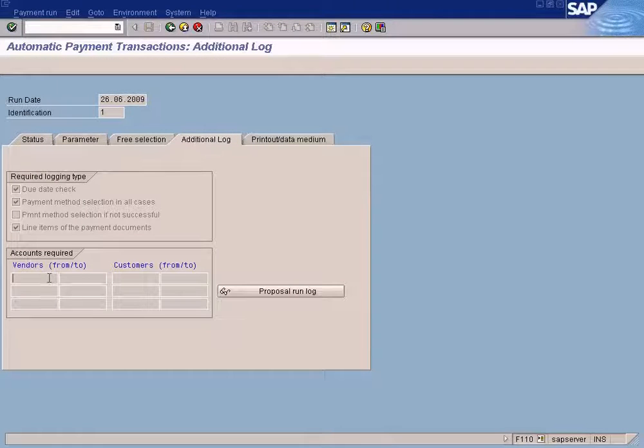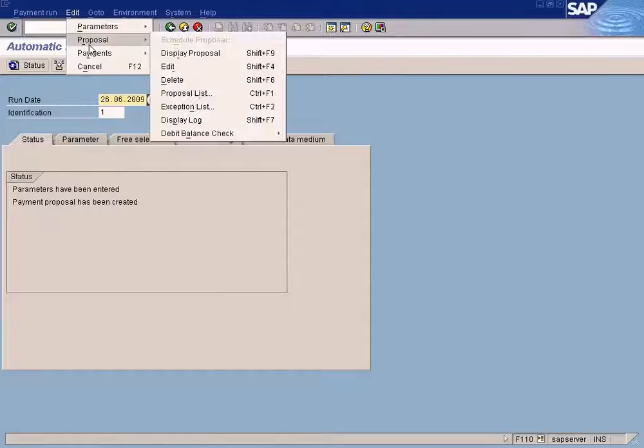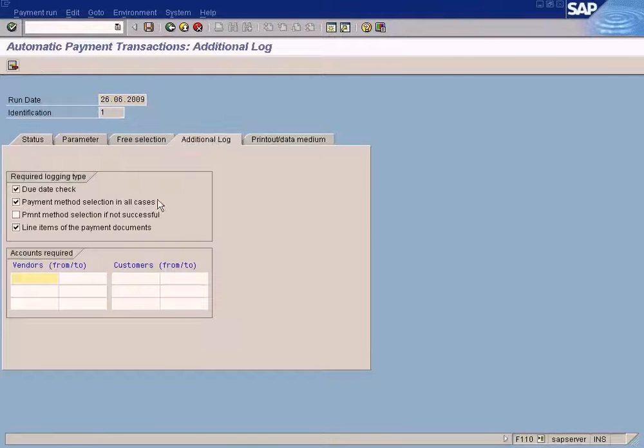Let's do it now, but currently you can't assign the vendor number here because it's in read only mode. You need to delete this proposal. Go to proposal and delete it. Then you come back here and then assign the vendor number. Alright,